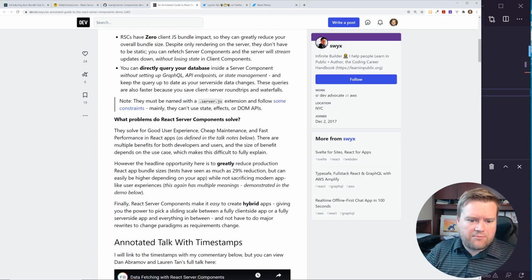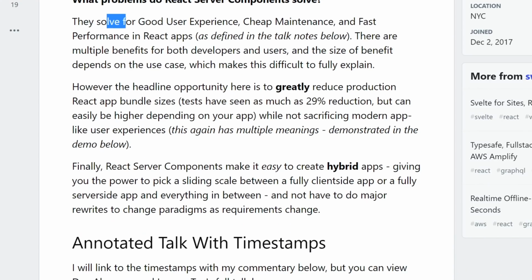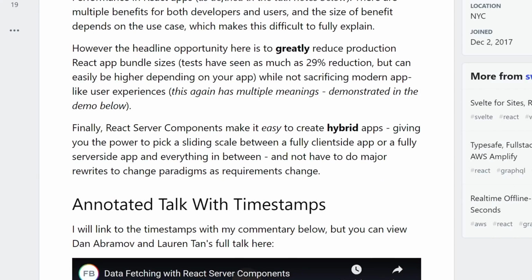So it helps solve the problem, and I've had this happen before, where as your app grows larger and larger, your bundle size grows larger and larger. So they solve this for a good user experience, cheap maintenance, and fast performance in React apps. There are multiple benefits. However, the opportunity here is to greatly reduce production React app bundle sizes while not sacrificing